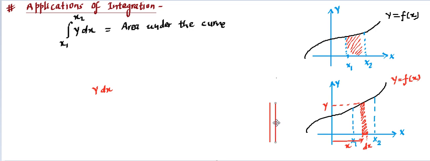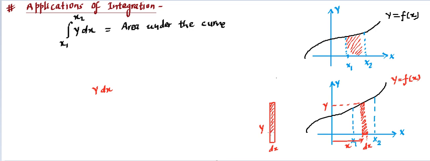You can place them as close as you want, so that the gap between them is dx, very small. So this gap is dx, and this was y. Since dx is very small, the second should ideally be y plus dy. But since dy is very small, we can neglect it. So we can say approximately the second is also going to be y. Now if you think about this picture, you'll find this is going to be approximately a rectangle.